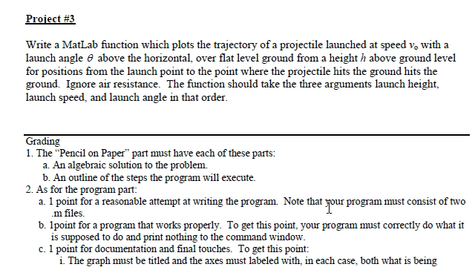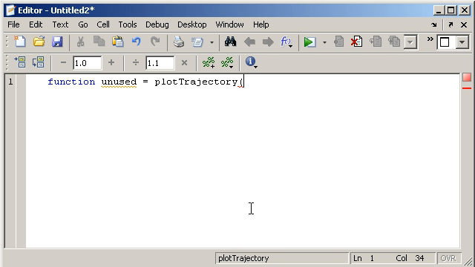They were specified as launch height, speed, and angle in that order. We're going to launch height h, v0, and theta for the angle. End,